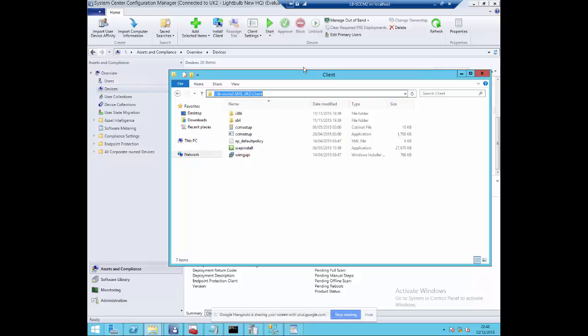Remember we talked about the site assignment process. Remember we talked about the method it looks to assign itself to a site, because that's the first thing it does. So remember all the processes. If you need to, go watch the videos again and follow through all the steps one by one in terms of how it assigns itself. If you're specifying the site directly in the command line, fine. If you're not, you're expecting it to read it from Active Directory. Is it published in Active Directory